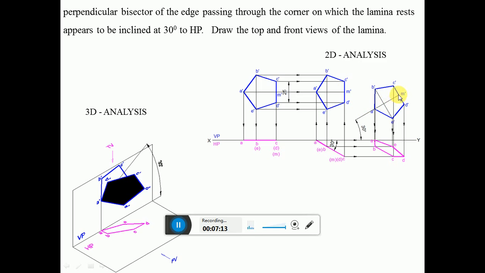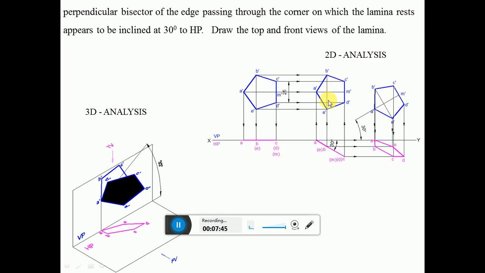From that point you cut an arc on this to get the point M dash and then join between these two. Then, since I need to draw a vertical line which is perpendicular to A dash M dash, with A dash as center, take the length of this using a compass. From here you mark that point. Then you draw a perpendicular to this inclined line using a protractor. Then measure the length using the compass from this point to B, and from here cut an arc to get the point B dash.